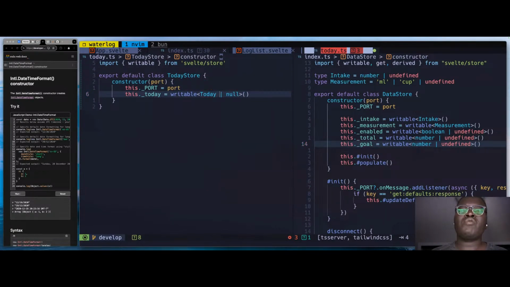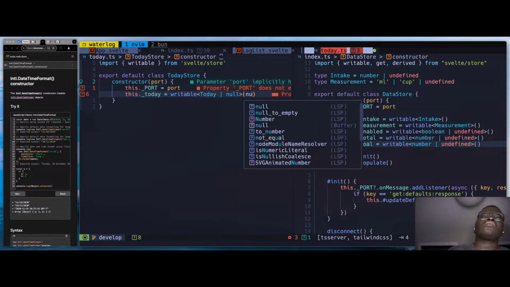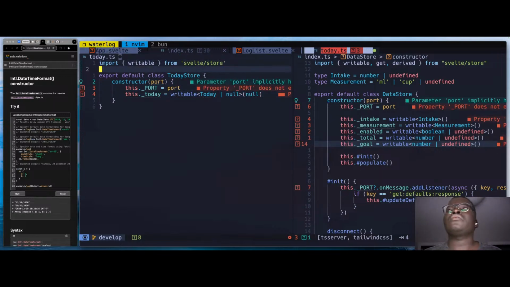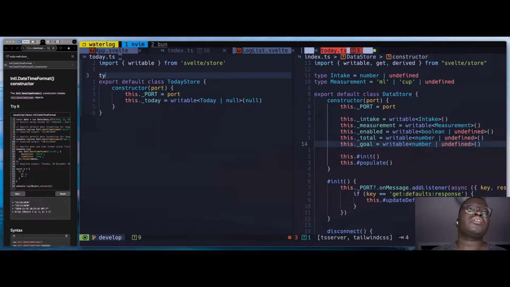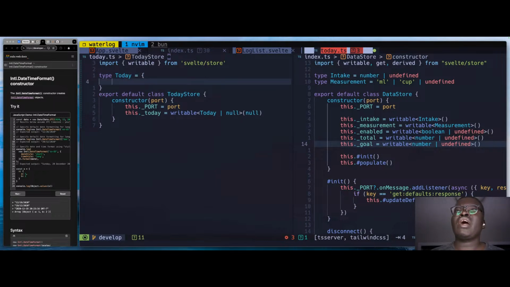I don't know. Can we use null? I was gonna try to make an empty object, but okay, so what is today? Let's type today. Is it a type or do you want to make it a, how do you want to define it? Or is it an interface? Who knows? Okay, so it'll have